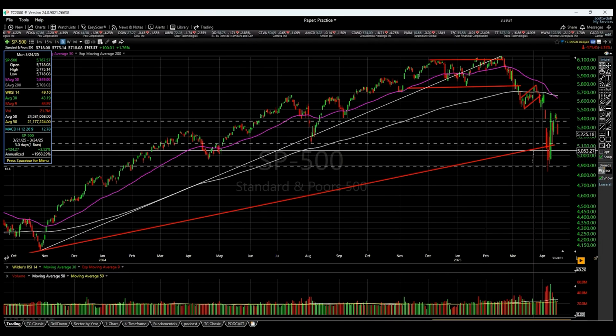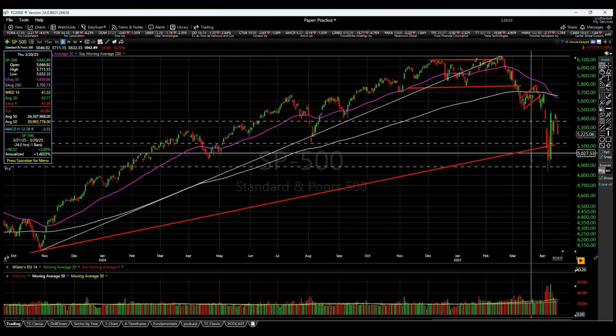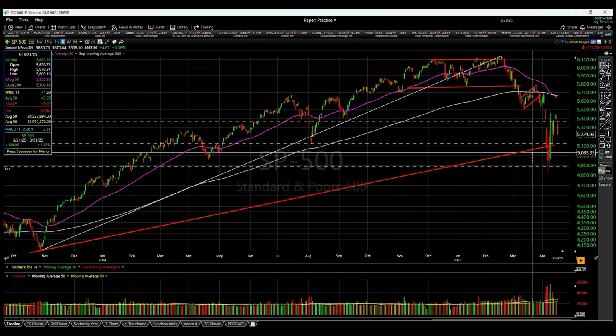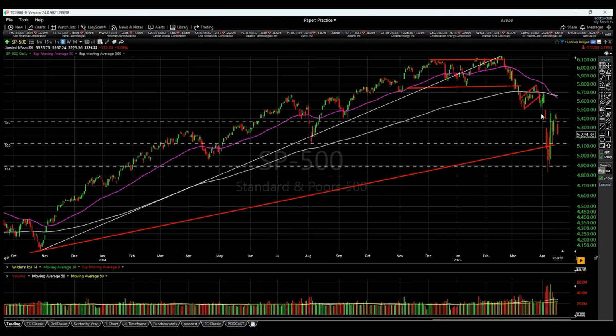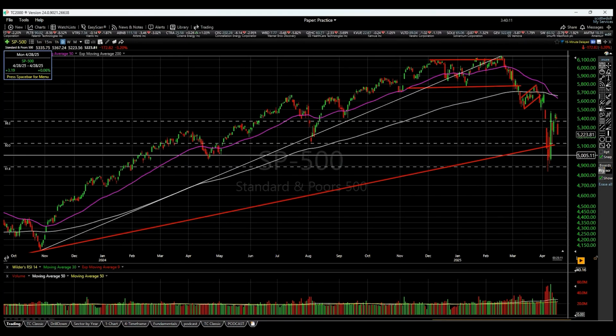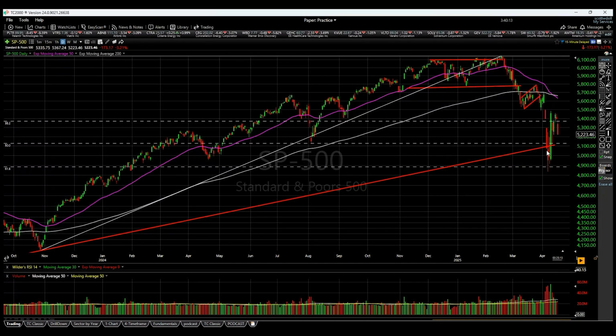Last podcast, I gave a probable target of 5,036, which is right there. I developed this target on the 31st of March, which is right here. What I said was, this is a bearish pattern, an inverse flag, and that it projects down to 5036, which is right in this level. I also said that if we go through this long-term trend line, then potentially it's no longer a cyclical, shorter-term bull market. It's now turning into a bear market.